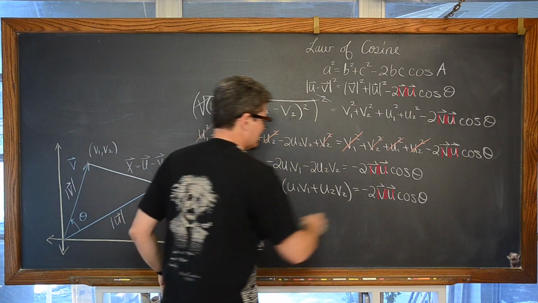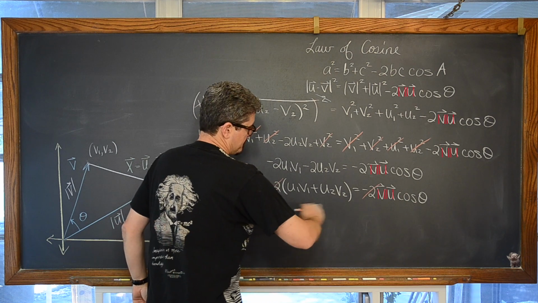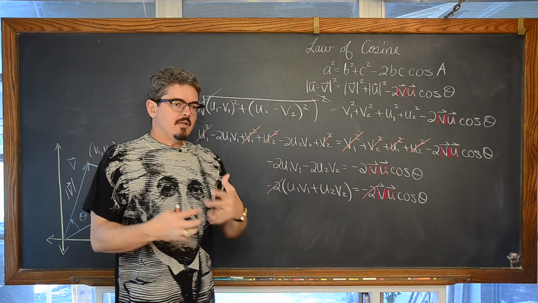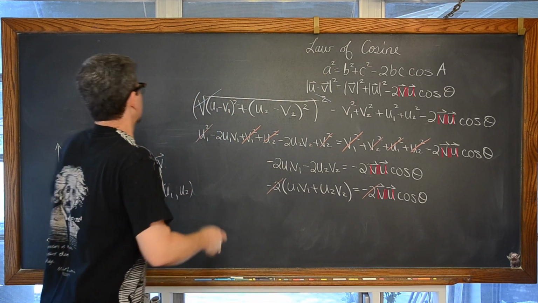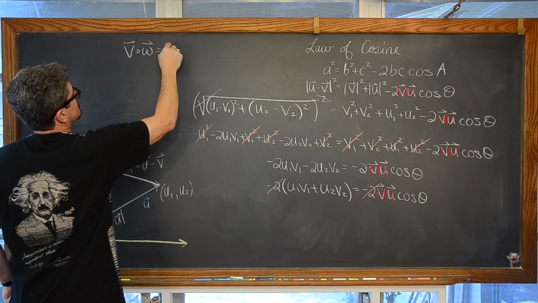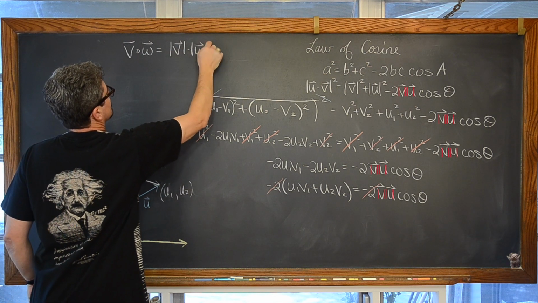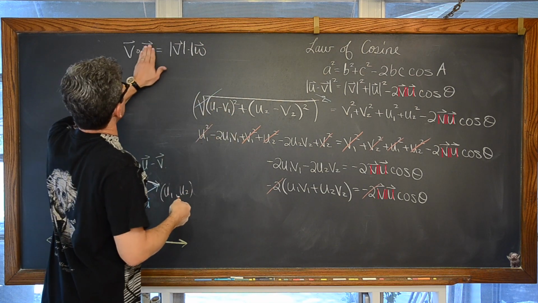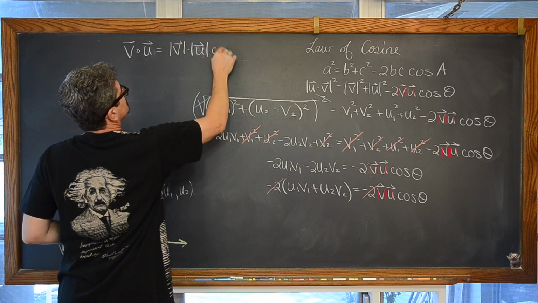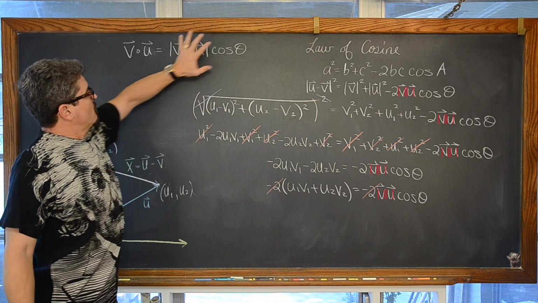We're going to divide both sides by -2, and this is why I'm not exactly calling this a proof. This expression right here, u sub 1 v sub 1 plus u sub 2 v sub 2, even though I'm showing this geometric relationship, the dot product of vector u and vector w is equal to the magnitude of vector v times the magnitude of vector w. I don't know why I went from u to v to w all of a sudden, but it really doesn't make a difference as long as you're consistent. But I'm trying to show where this formula is coming from.